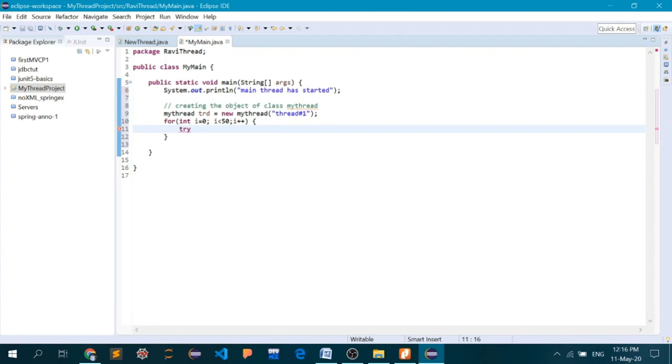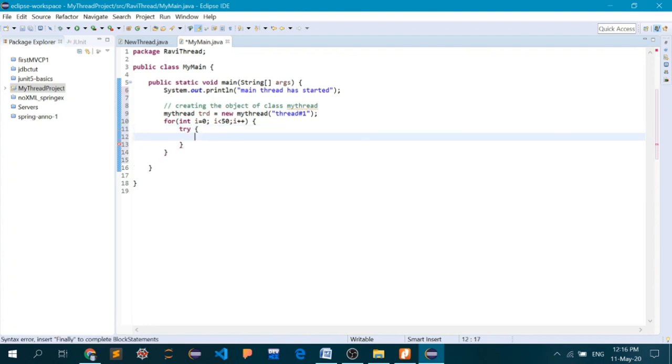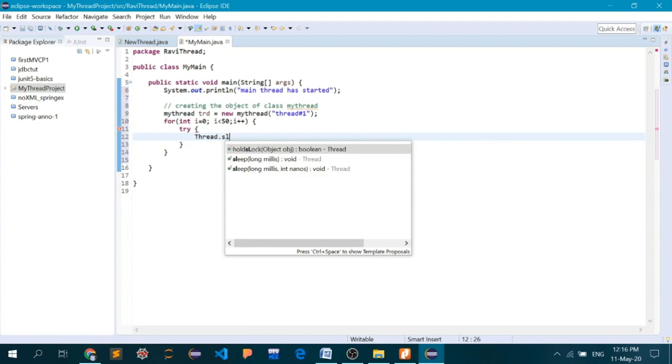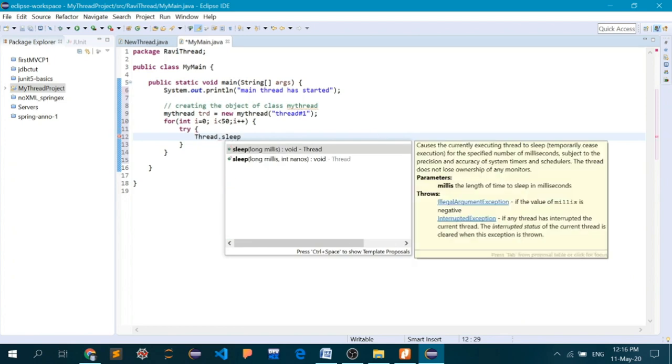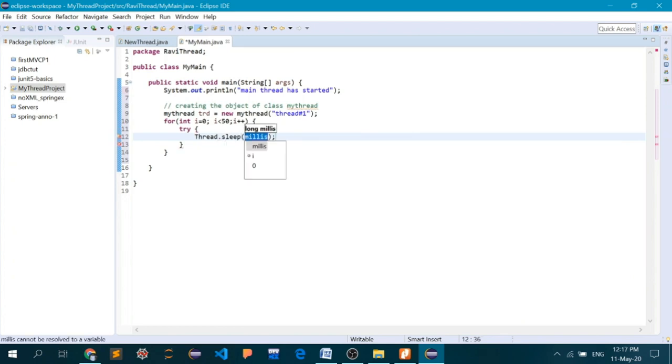So inside the try block, there is only one method that I'm going to call, that is the sleep method. Thread.sleep, and in this case I will pass 100 milliseconds.